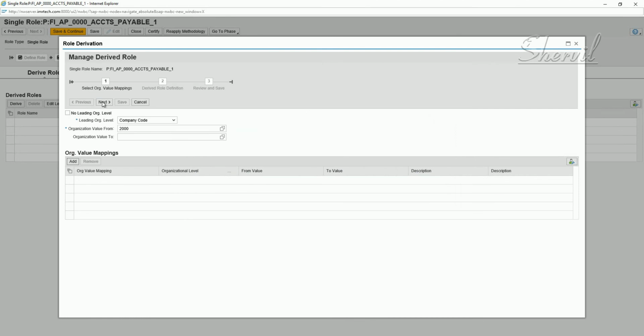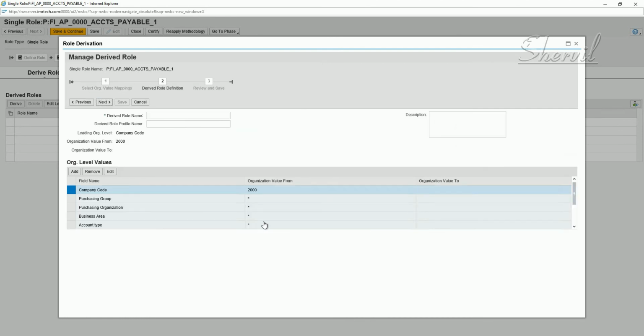Okay, say next. So automatically you get all the org levels that are part of the master role, but the only org level that is populated now is company code because that is the leading org level. And the remaining have asterisks.